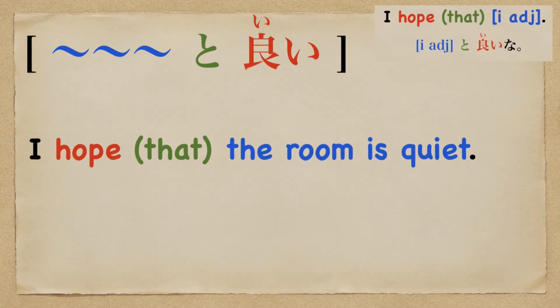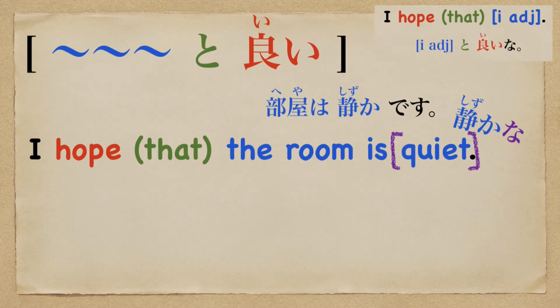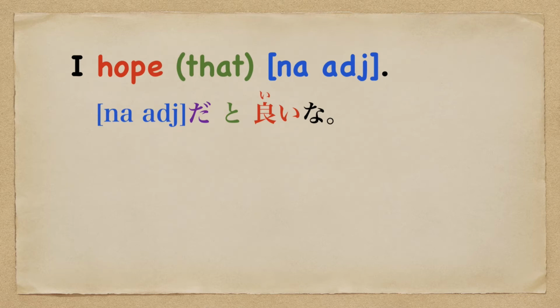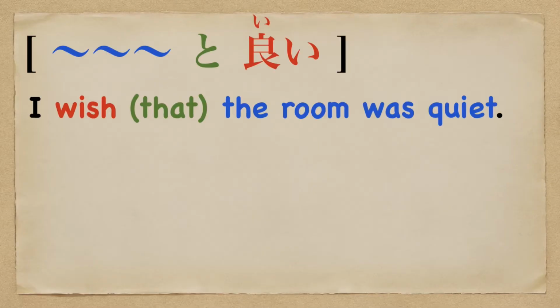First, let's make this sentence based on this rule. Can you say the room is quiet in Japanese? 部屋は静かです。Quiet. 静かな. So, na adjective. This rule is almost the same as e adjective, but only here is different. So, na becomes da. I hope the room is quiet in Japanese. 部屋が静かだといいな。I hope na adjective. Na becomes daといいな。